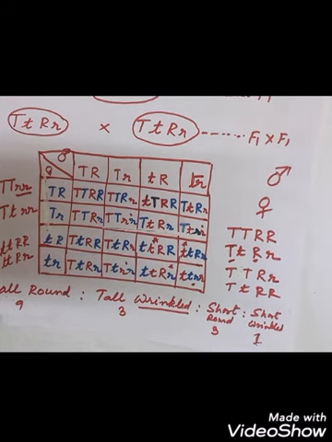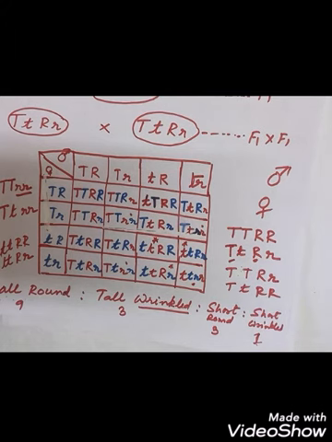Okay, like small r, small r. So if both are not present, and one capital and one small is present, then the capital, that is the dominant one, will be expressive in the offspring. Okay, so this is about the dihybrid cross that was performed by Gregor Johann Mendel, who is known as the